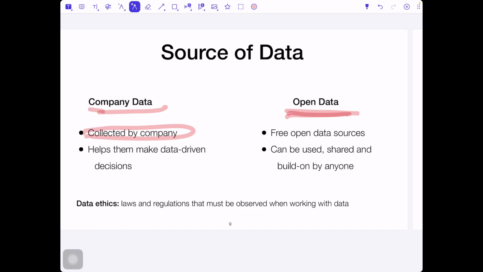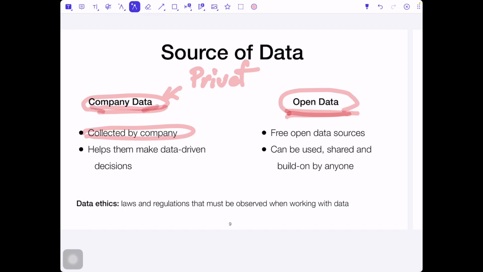So the important point: we have the company data, which we also sometimes refer to as private data, and we have open data. When we're working with open data, we can forget about everything else. Just take this data, do whatever we wish, publish results, and fine.